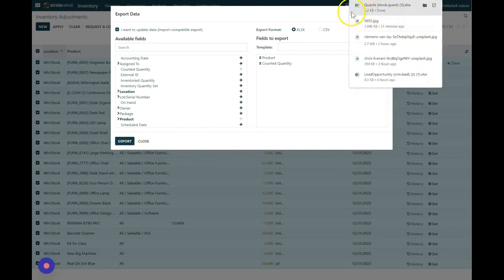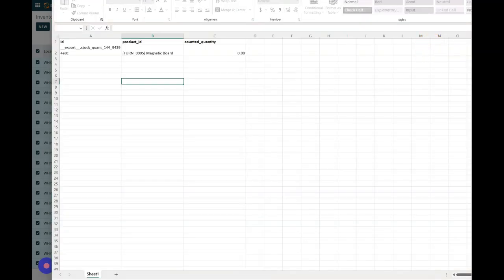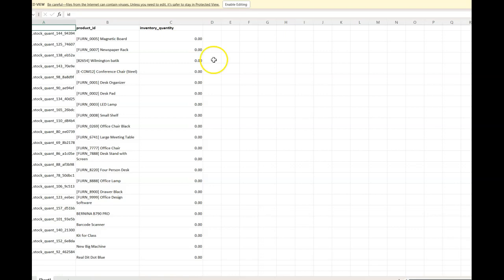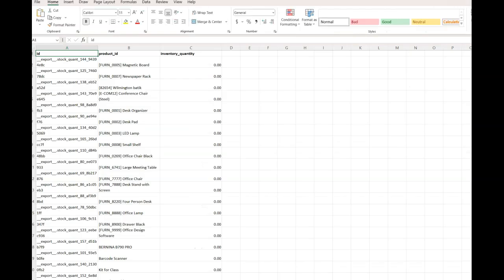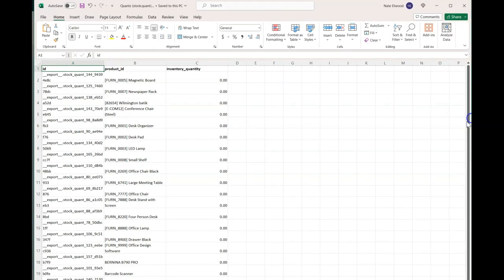Now what that does is bring out a spreadsheet, and for those of you on the click-through guide, you might not see this spreadsheet on the click-through guide, but I'll try and get it put in as well. And that's going to pull up a spreadsheet, and within that spreadsheet, we can go in and manually edit all of these